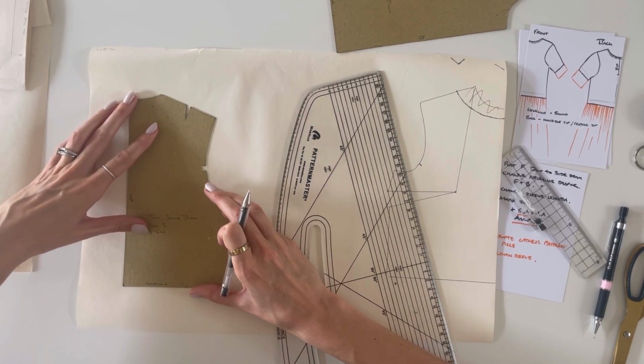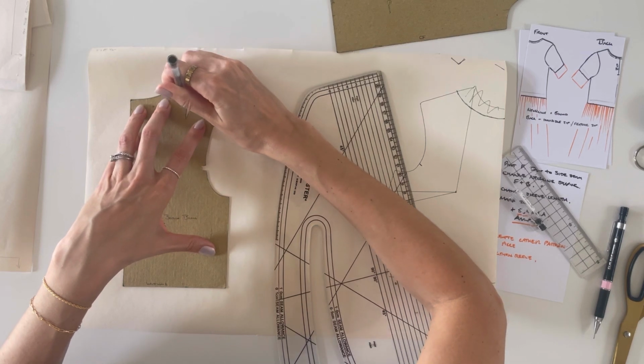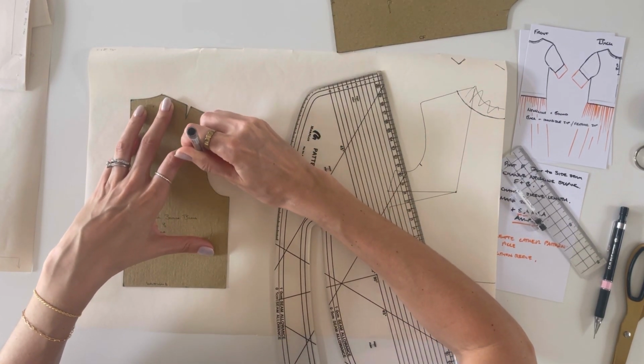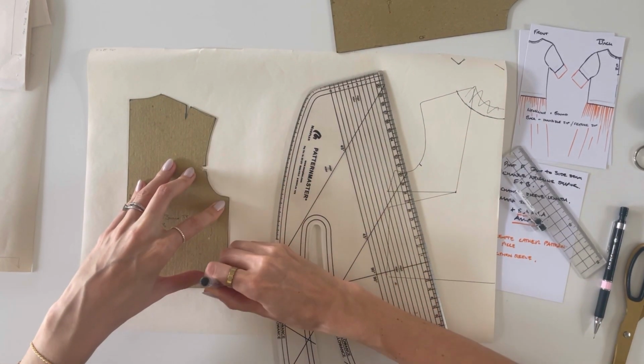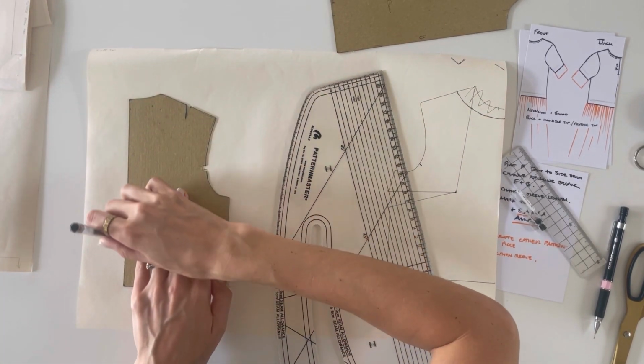So first of all, draw around your block. We already decided we were going to keep this dart in, so you're literally drawing around everything. Make sure to mark in those notches. I've used this block so much, I need to make a new one so my notches are properly done again. Okay,